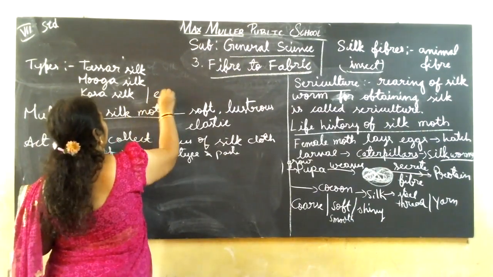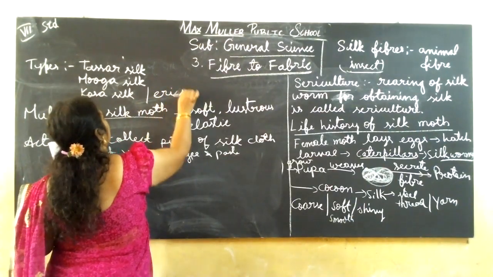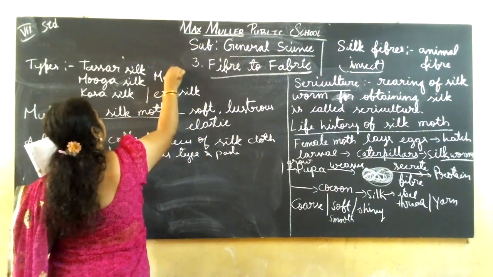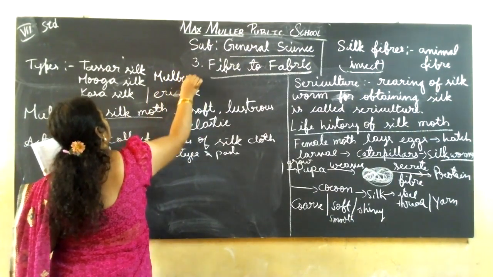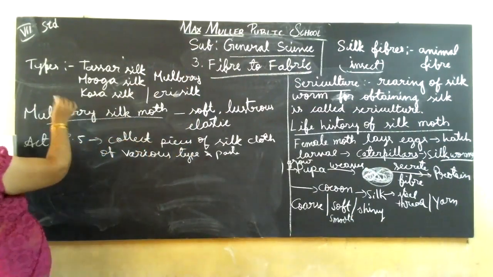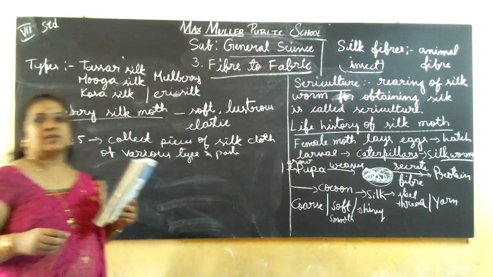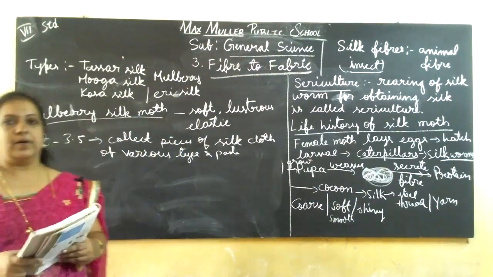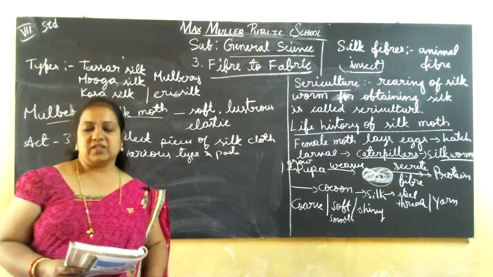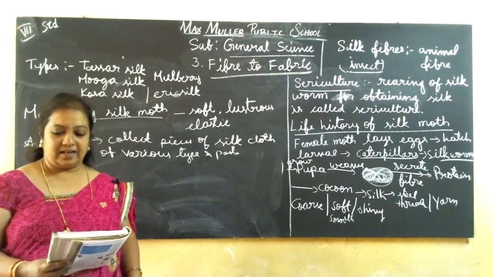See, one more, eri silk and mulberry silk. Like that, different types of silk are there that you have to identify, paste and label. Okay. So compare the texture of these silk fibers and write down